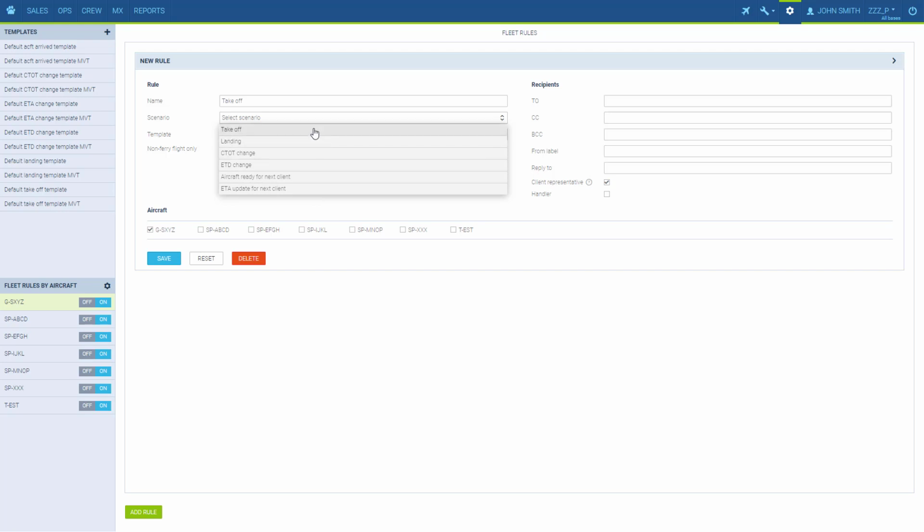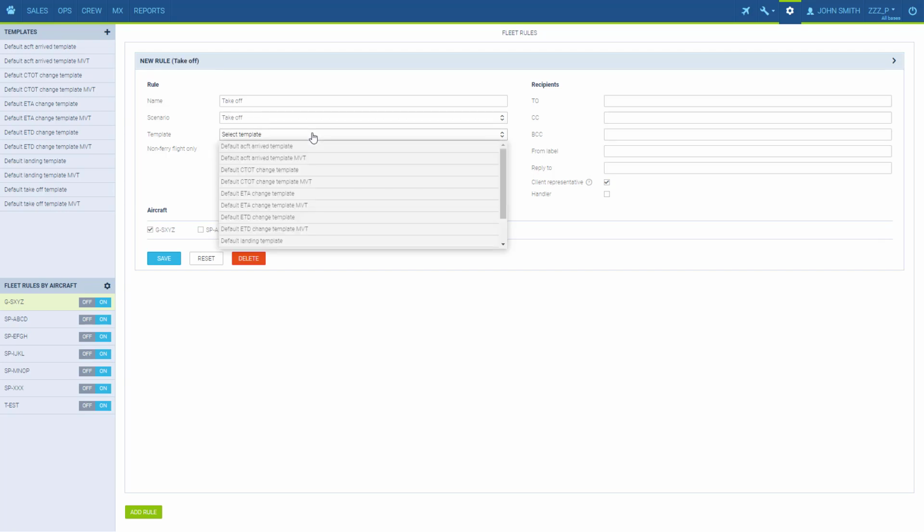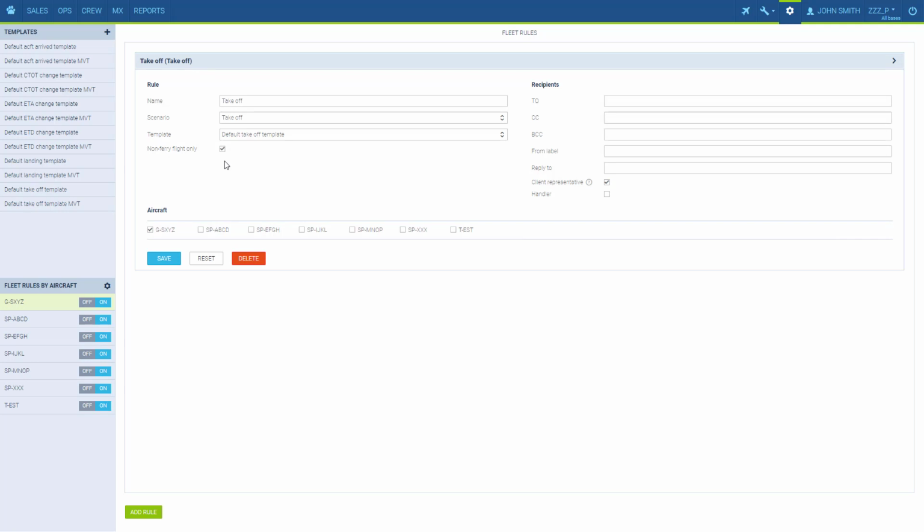In here we select the template used for this message, so if it's a takeoff, we would use the takeoff or the takeoff in standard movement format. We'll go through the template in a second. This checkbox will disable sending messages for ferry flights. Here we fill in the emails that this movement will be sent to, copy, secret copy, from label and reply to email if it's different than the general one,